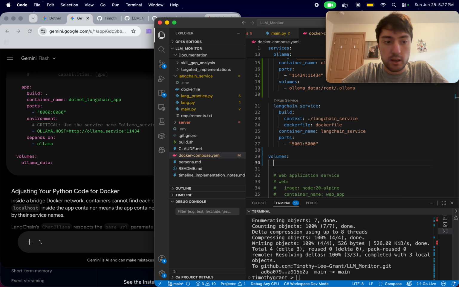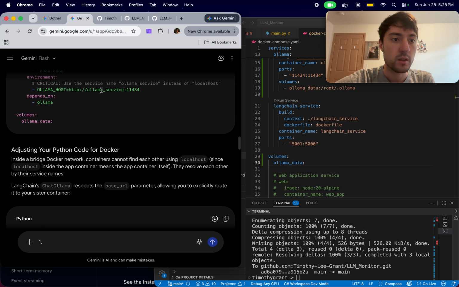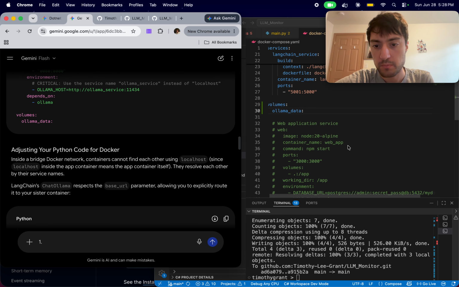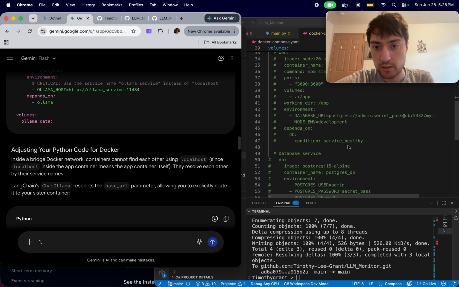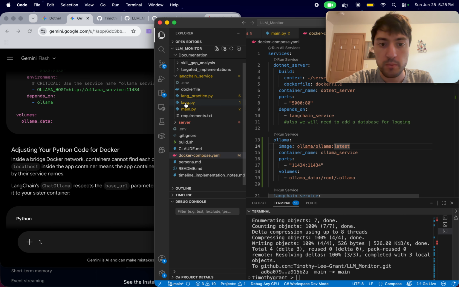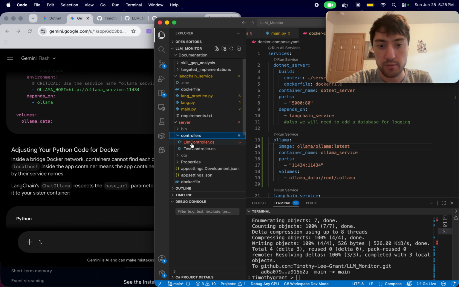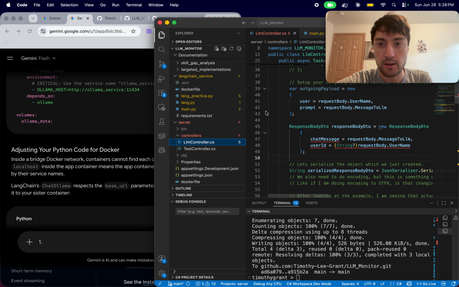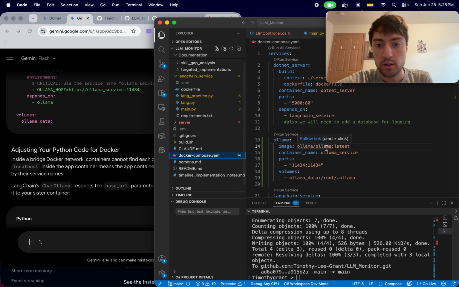Volumes and Ollama data. Okay. So, I guess, okay, all of this, can I get any useful information out of that? I'm not sure. But my server is actually not working right now. There's a lot of things that are not working in my server. I don't even want that to run right now. So all I want to do is get